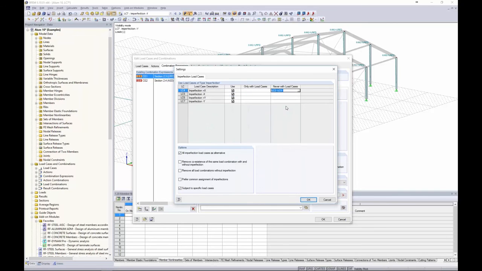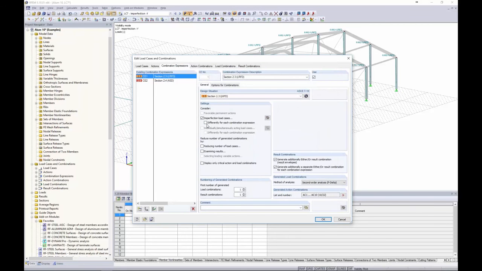So I click OK. Now I want to do the same thing for the rest of these imperfections, and if I hit my F8 key, it will simply copy the cell before it into the cell that I'm currently in. So now when I click OK, the other option I want is to select differently for each combination expression. Now for my ASD load combinations, perhaps I don't want to consider these imperfections for serviceability checks. Well, by leaving this checked, those imperfections should not be applied to ASD load combinations, but only my LRFD load